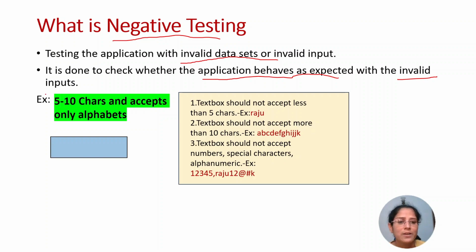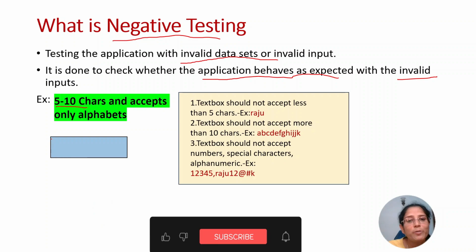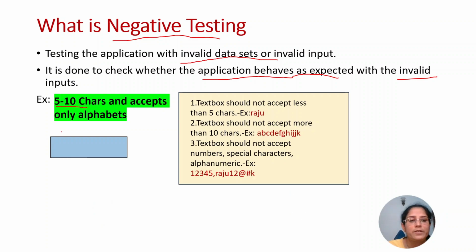Let's understand this. As I explained already in positive testing, there is a text box which allows only 5 to 10 characters and accepts only alphabets. The same requirement we have in negative testing. How are we going to perform the testing of this text box application? Here, as part of negative testing, I'll be testing the application by